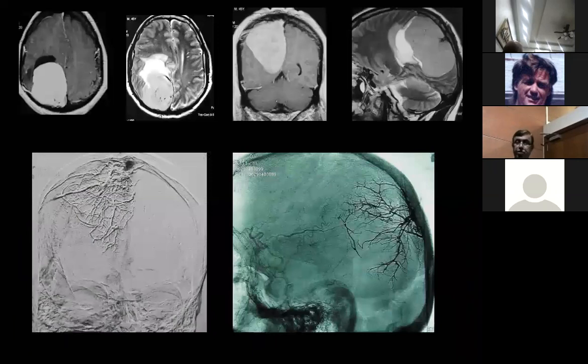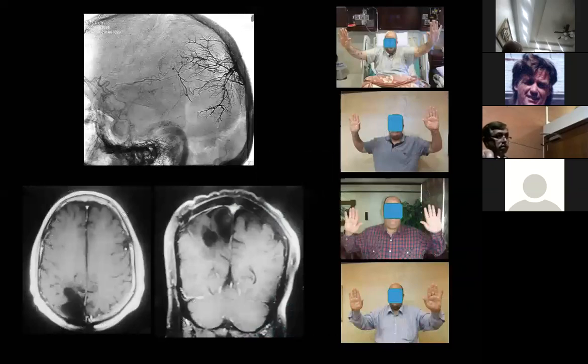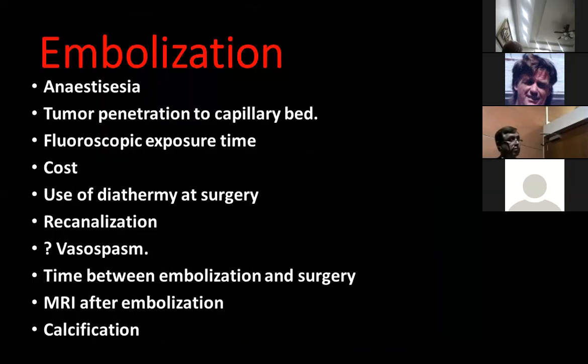And this is one of my patients, a giant parasagittal meningioma causing severe edema, very vascular. We embolized. I think it was done by you, isn't it? This is the radiologist. And you can see the Onyx inside the vessels. There it is. We excised the tumor completely without any complication, and there's the man. That was done a few years ago.